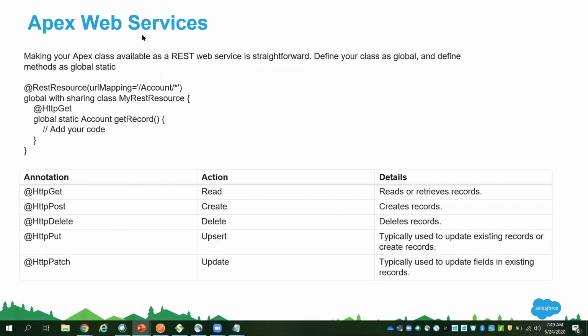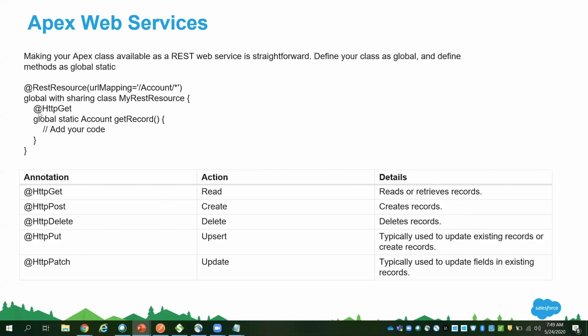Next is Apex Web Services. So using your Apex code, you can use some of the standard annotations like HTTP GET, POST, DELETE, PUT, and you can create, delete, read, upsert all this data using this standard protocol. So here is the HttpGet.